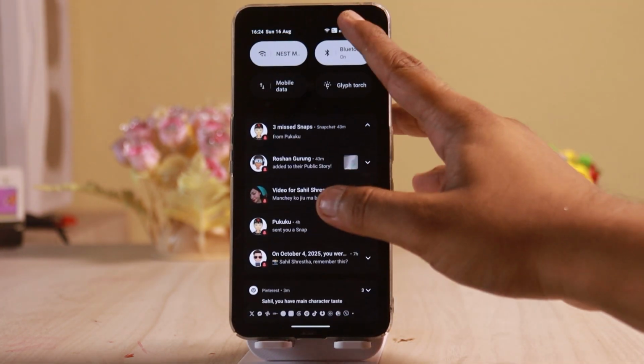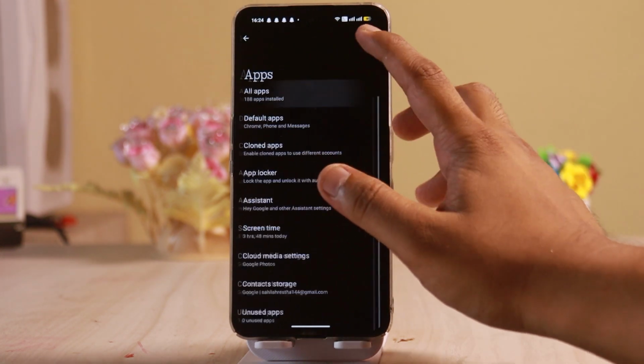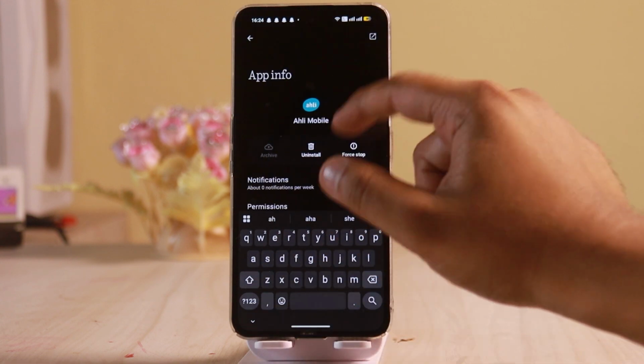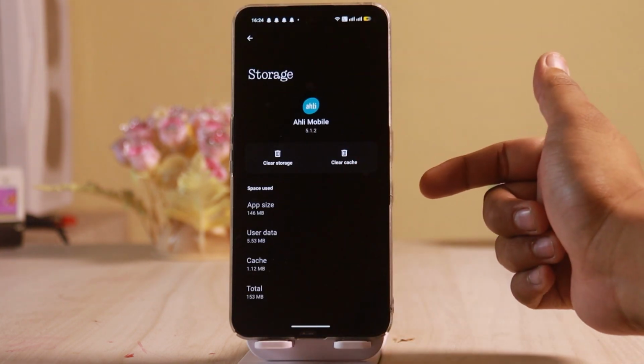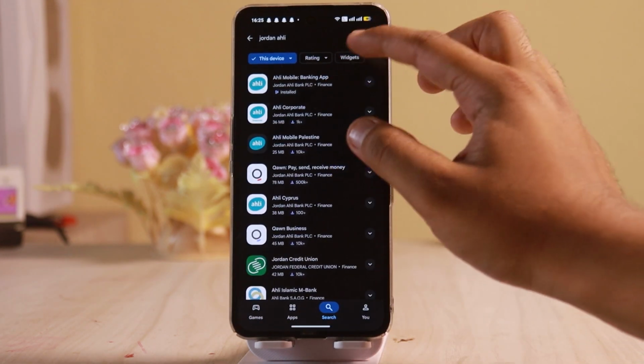If the issue still persists, simply head over to your quick settings and then head over to settings on your device, tap on apps, tap on all apps, head over to the search bar and then start typing in the name of the app, tap on the app, hit storage and cache, clear the cache of the app and try again. If the issue still persists, simply head over to Play Store on your device, search for the mobile banking